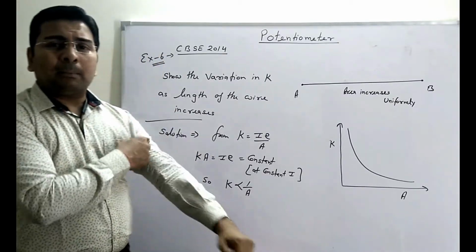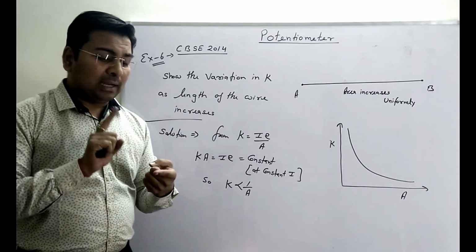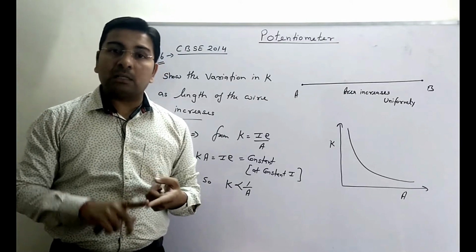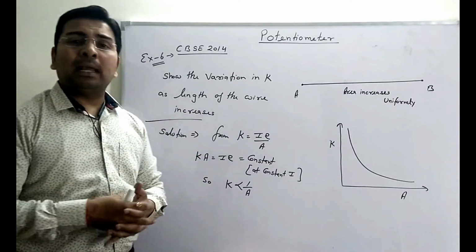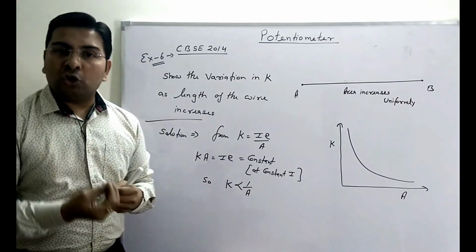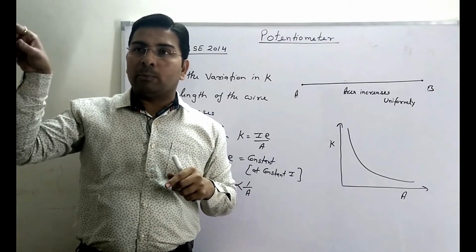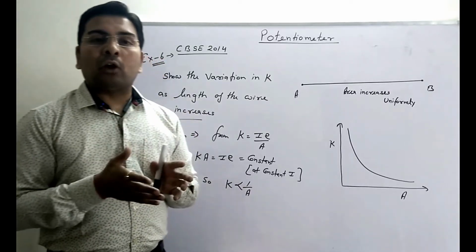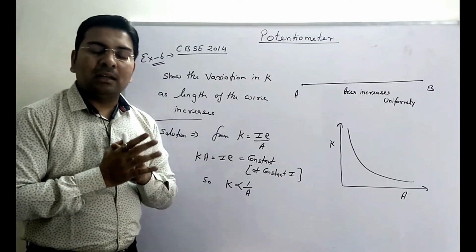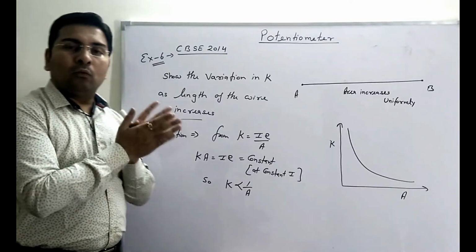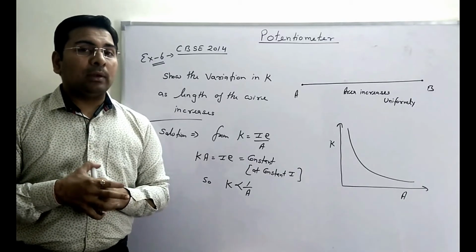An important thing you noticed here in the 5-6 CBSE questions I solved: in the application, when we were comparing the EMF of two primary cells and finding the internal resistance of a cell, the two formulas we derived there are not directly applicable here. This is the main problem. When you solve potentiometer questions, normally E1 upon E2 equals L1 upon L2 and small r equals capital R into (L1 upon L2 minus 1) come to mind, and also small r equals capital R (E upon V minus 1). Those formulas are rarely used directly in potentiometer numericals. Remember this while doing calculations. You have to directly use V equals KL and V equals IR. The formulas we derived in the application are rarely used.